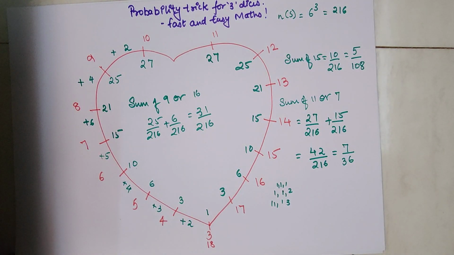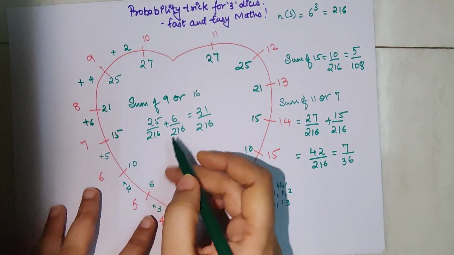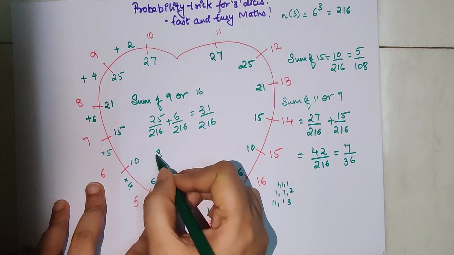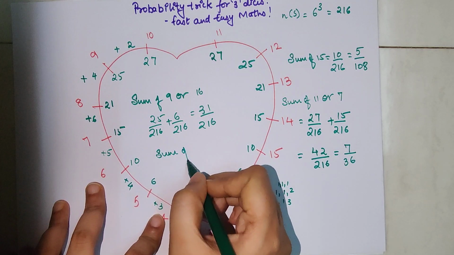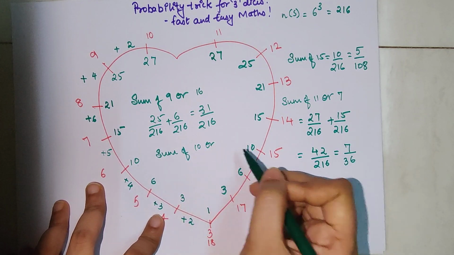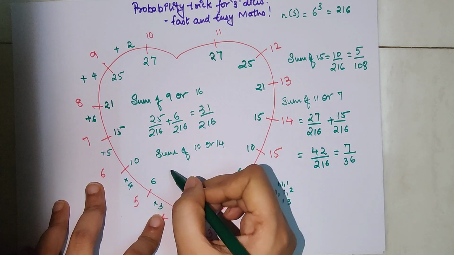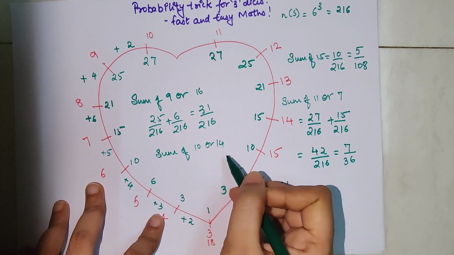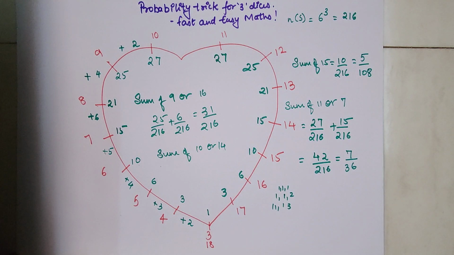Now coming to the part where I'm going to give you a question. Tell me, what is the probability of having a sum of 10 or 14 when you roll 3 dice? Please go ahead and write your